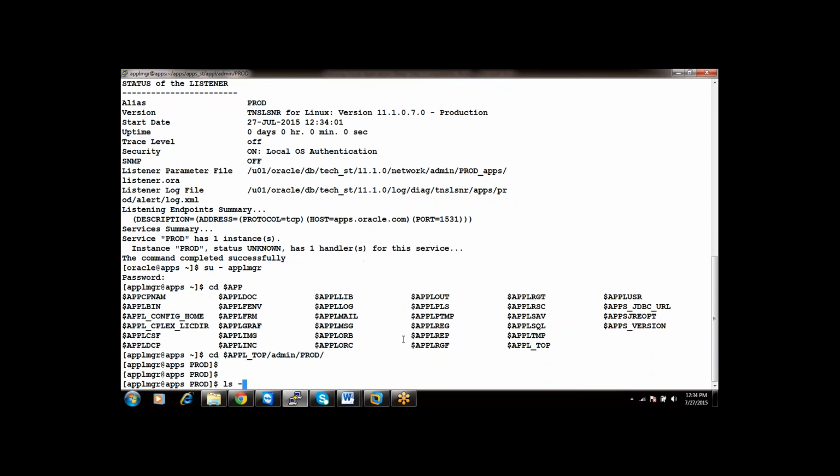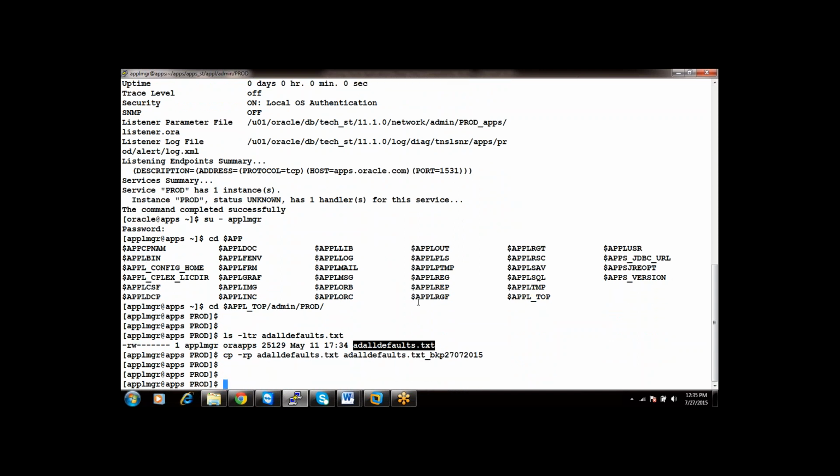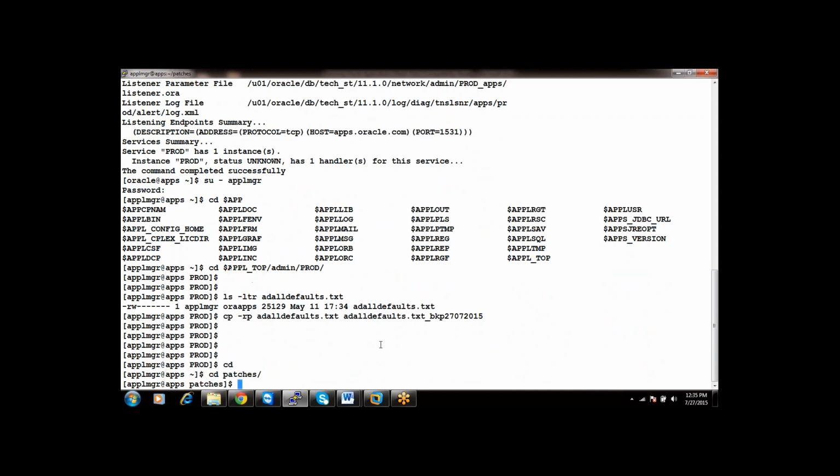Here you will see the seeded defaults file, which comes with your applications. You just take a backup of that file, with the date 27/07/2015. After doing this, now you go to the patch location.